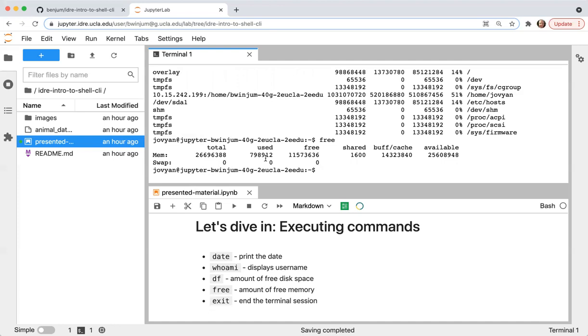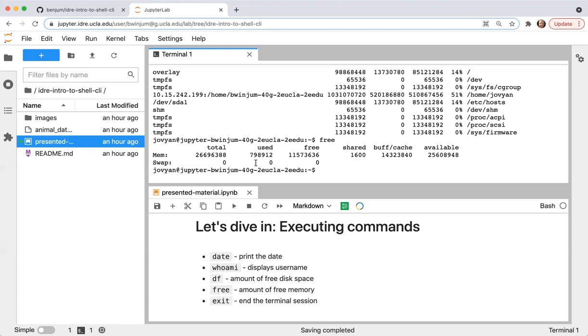So the basic idea is we type some command. You kind of have to know what command it is you're typing first. And then we hit enter, and this gets sent to the shell, and the shell figures out how to use this command to tell the computer what to do, and the computer does something and then returns output back to us. And that output gets printed here on the terminal screen, the same screen where we're entering the commands.